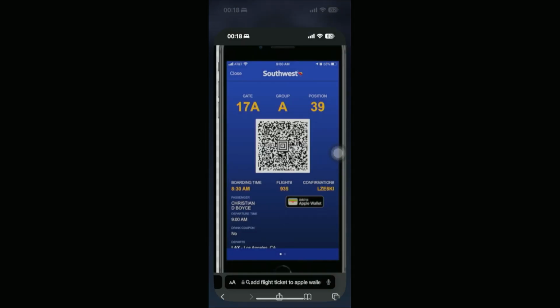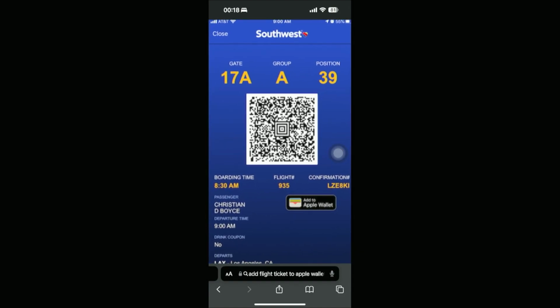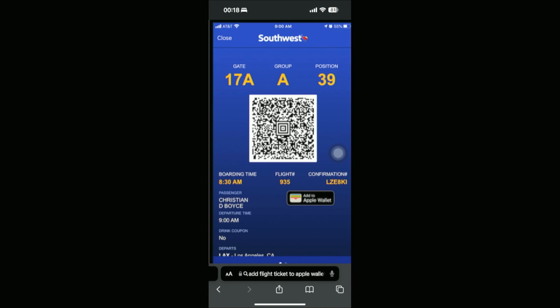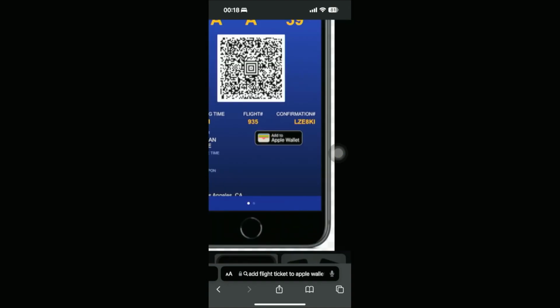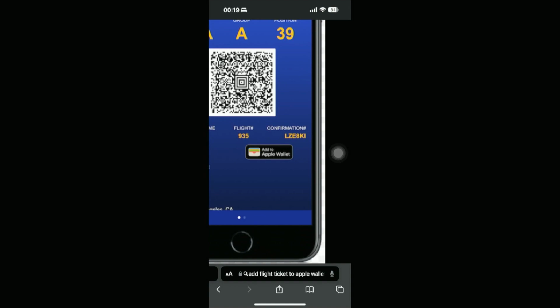Now this is what this would look like through the app of the airline right here. So say for example, we have this Southwest airline, and then you should be able to see the add to Apple Wallet right here. If you cannot see this, maybe what you would need to do is to first go ahead and check in to be able to get your boarding pass, and then you should be able to see the details of your information, like this example right here, and then you should be able to see this add to Apple Wallet option. And this is how you would be able to go ahead and add your flight tickets